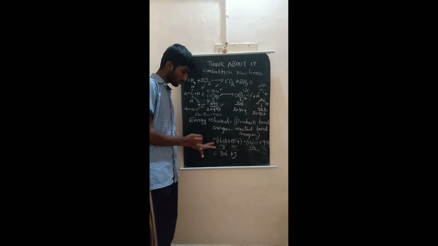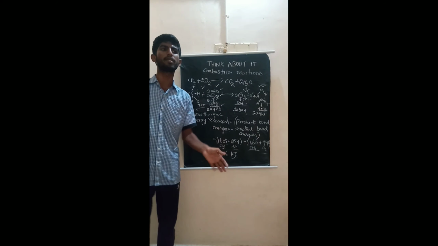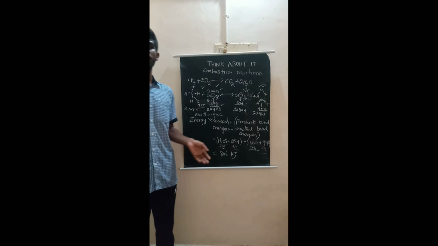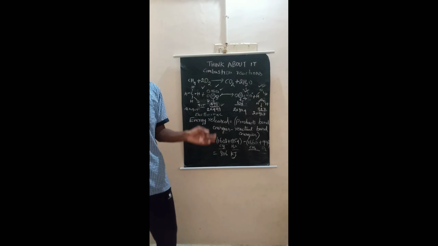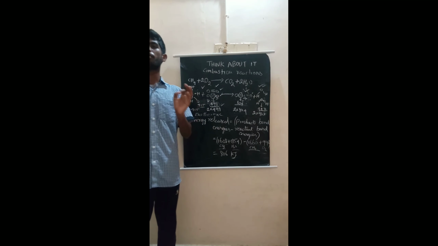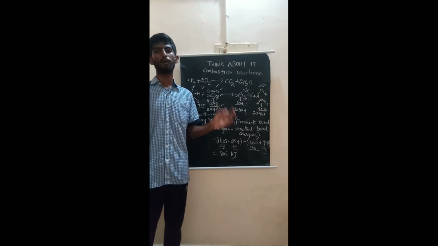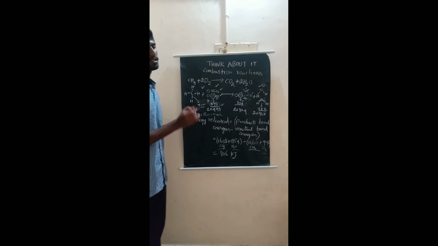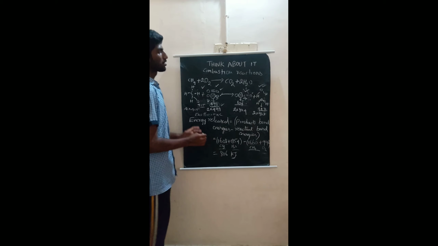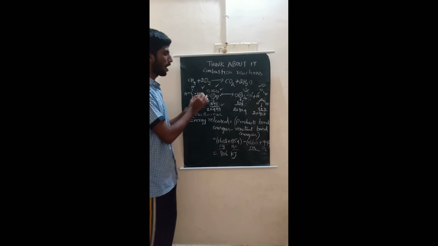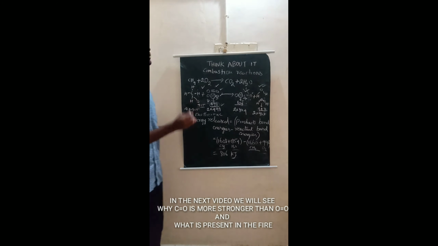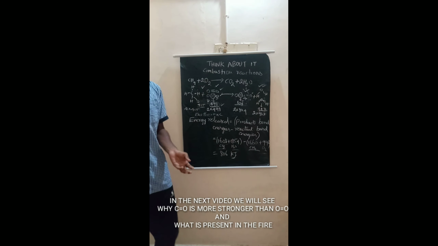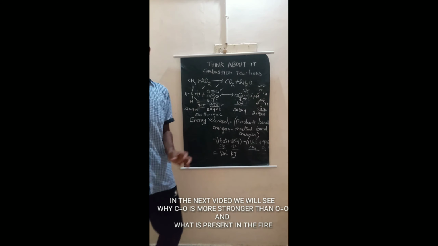So we simply say that the energy released from combustion reactions is due to the formation of the stronger C double bond O or H2O bonds than O double bond O. So we simply say it like that. From this we have a clear idea about where the exothermic energy released in combustion reactions comes from and what the reason is.